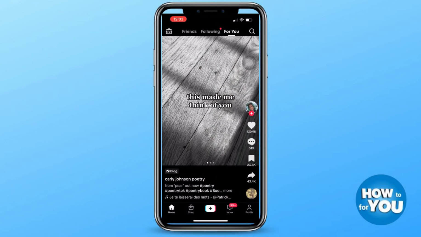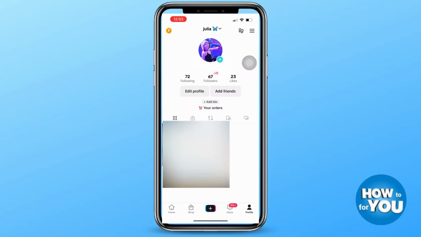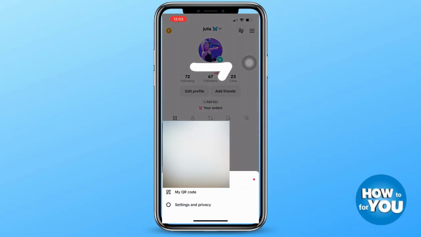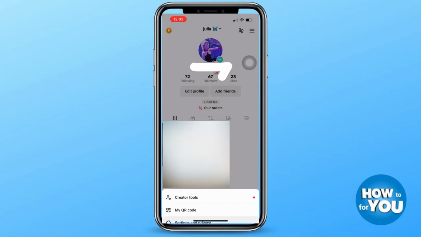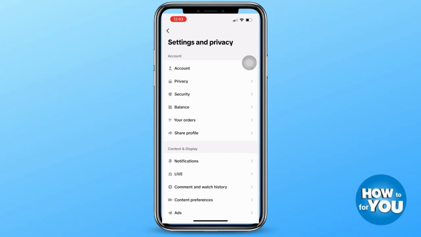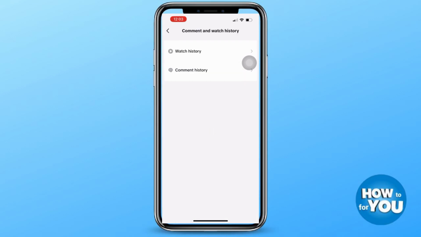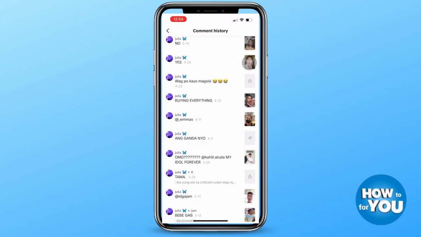Once you've opened TikTok, press the profile icon at the bottom right corner of your screen, and here, press the three lines at the top right corner of your screen. Then, press Settings and Privacy, and under Settings and Privacy, look for Comment and Watch History, which is just below the Live option. Once you're here, press Comment History and you'll see all the comments that you've made on different